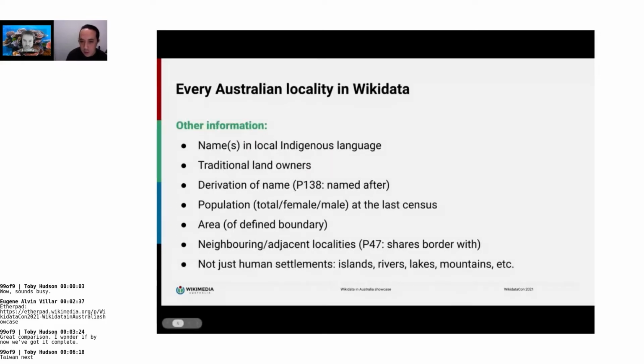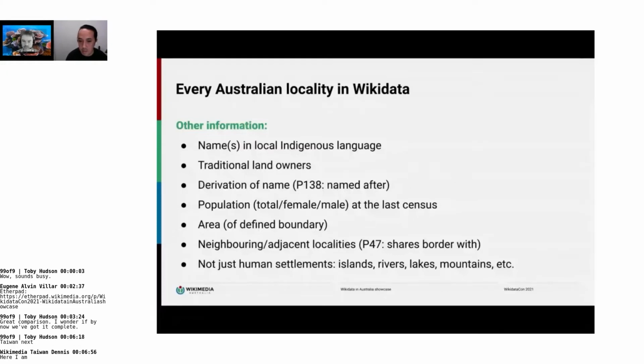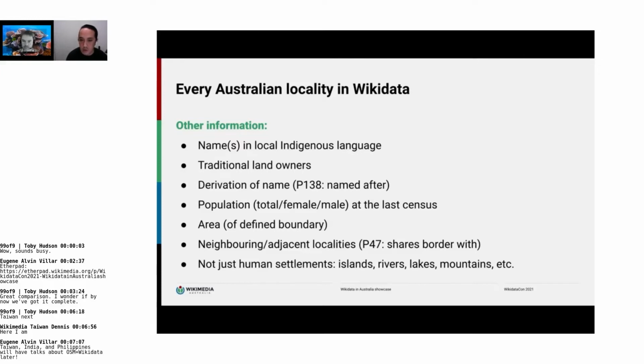Other information we like to include, if it's available, is the name in the local Indigenous language. A lot of the names of official gazetted suburbs are not necessarily the names that the local Indigenous people have called it, so they can be included as aliases in the Wikidata item. Traditional landowners: I mentioned I'm coming to you from Wurundjeri land. The Australia Post, the national post agency, is now including a traditional owners field on their envelopes, and that's raised